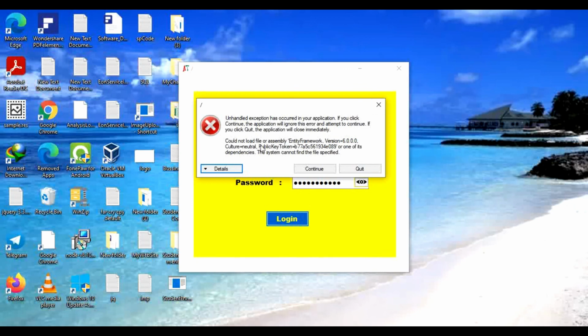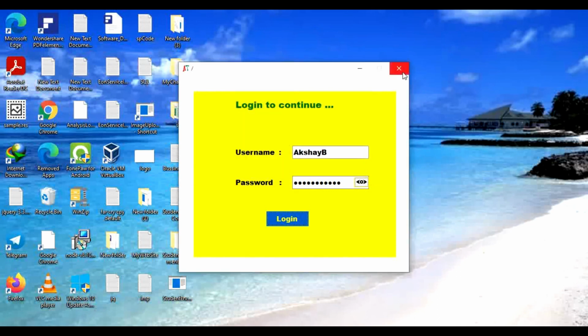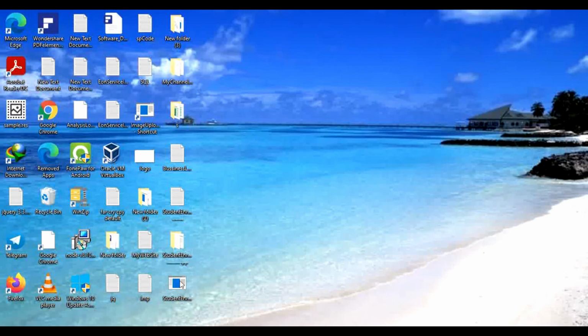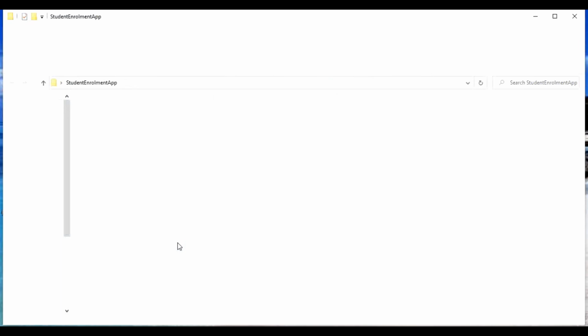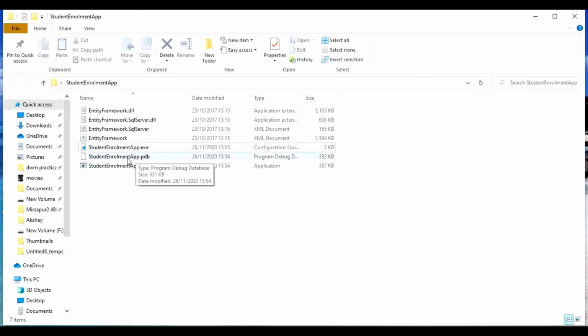So that is why, to run this exe as well, we want those dependent assemblies. That is why this file should be in the folder where all the dependent assemblies are. But anyway, what if you want to keep this single file somewhere else?